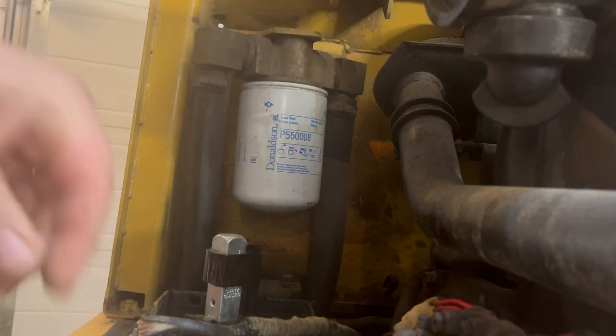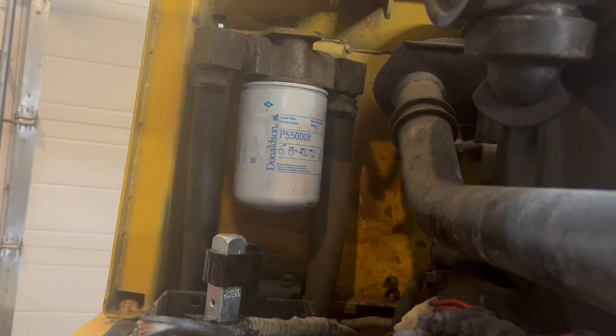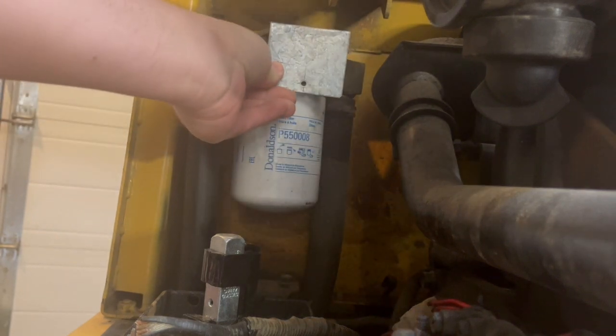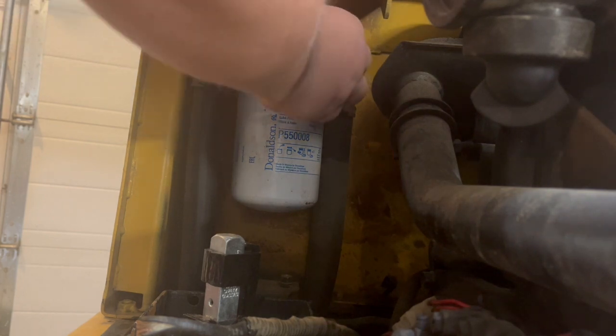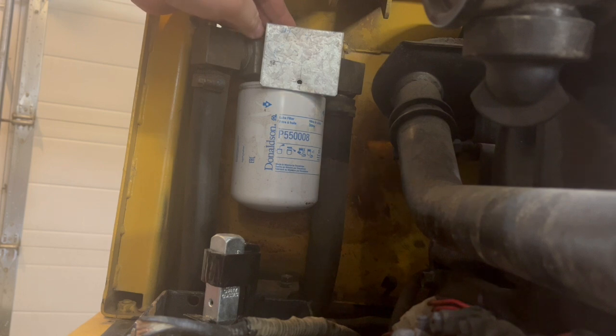I'll bend that in my vise. There, I just put that in my vise and hit it over with a hammer. So now I got my little mounting plate. And then I just gotta drill a hole in there. Hopefully that'll work. Should have went out a little further, I guess. But I think that should still work. What I might do...